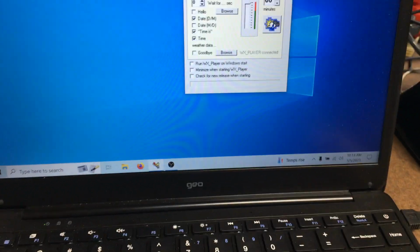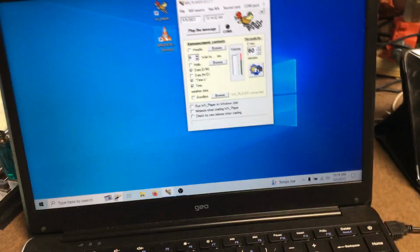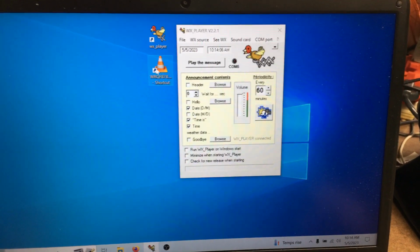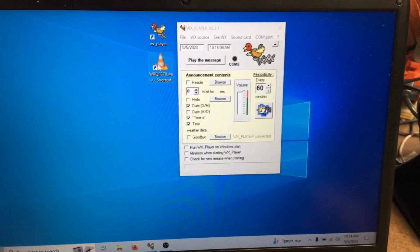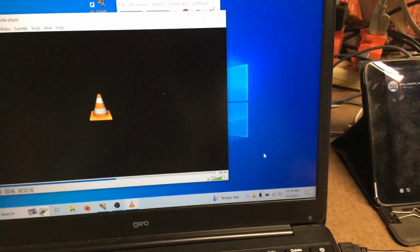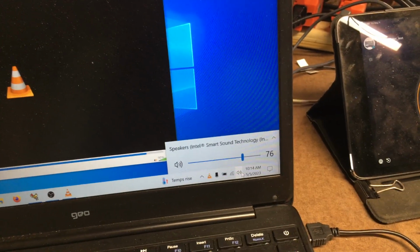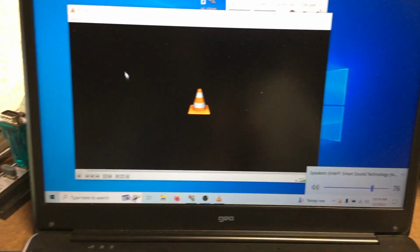So, I can't really play an actual sound file because I don't want to get a copyright claim. So let's just do my call sign. If I hit my call sign, it's playing over the speakers of the computer, and that's because I have it selected to do that here at my main speaker. Okay? So let's see if I can do all this at once. If I hit